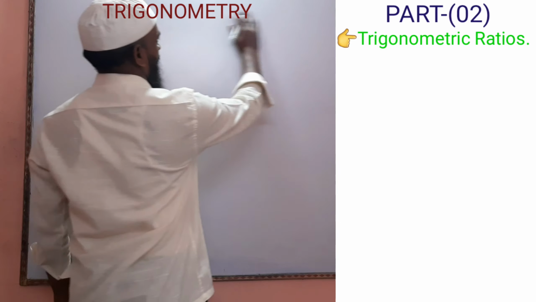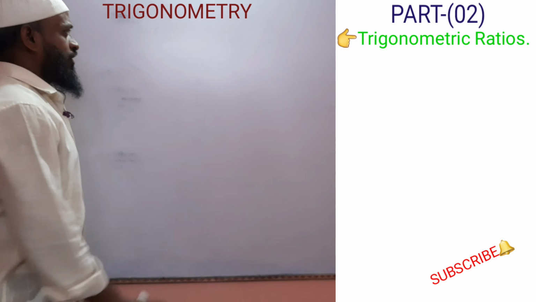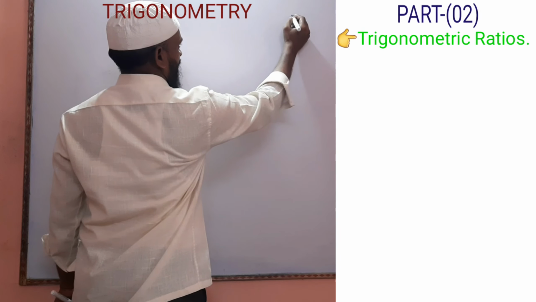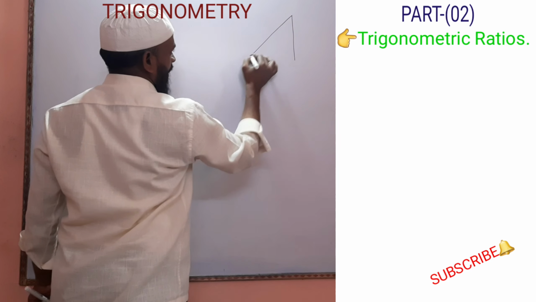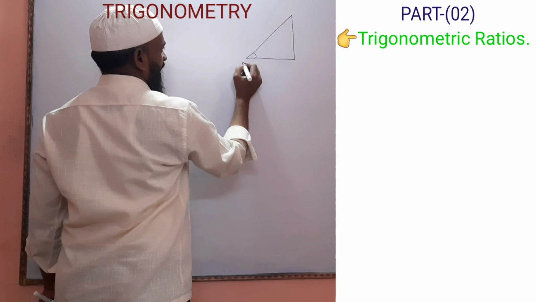Next is trigonometric ratios. What are trigonometric ratios? How many types of trigonometric ratios are there? Let's see. If we compare two sides of a triangle,